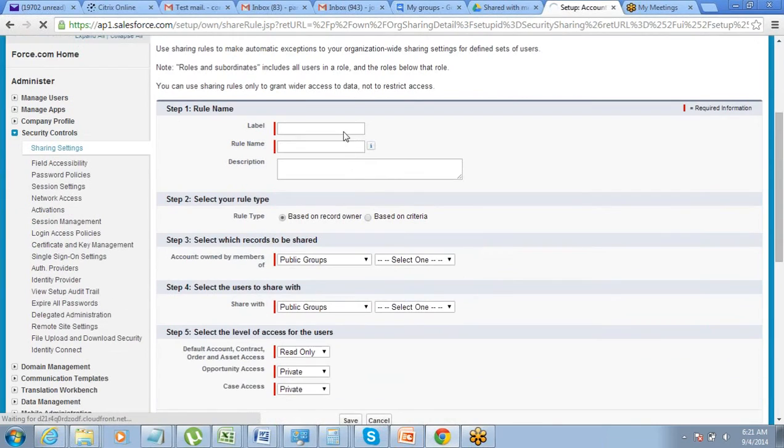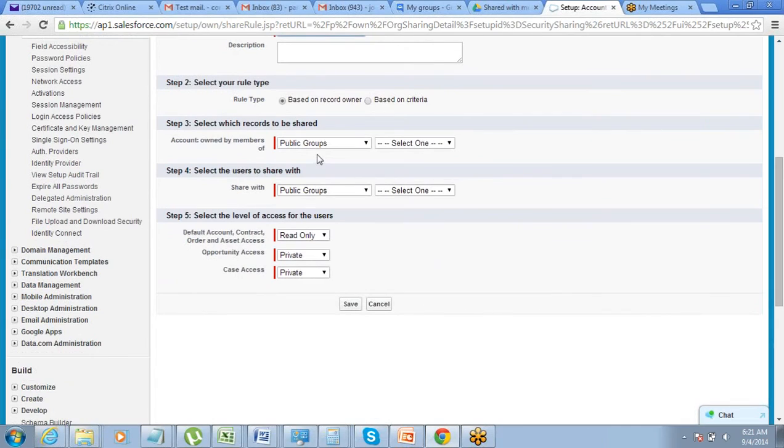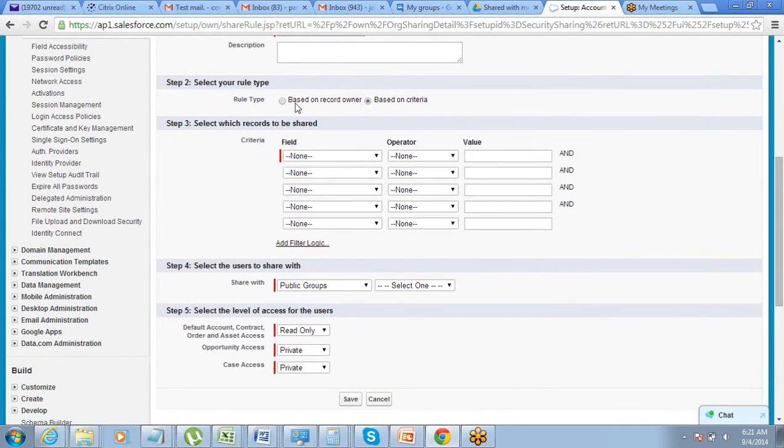and then I will define the sharing rule for this. Give it a name, define which data you want to share, based on the record owner or based on some criteria.